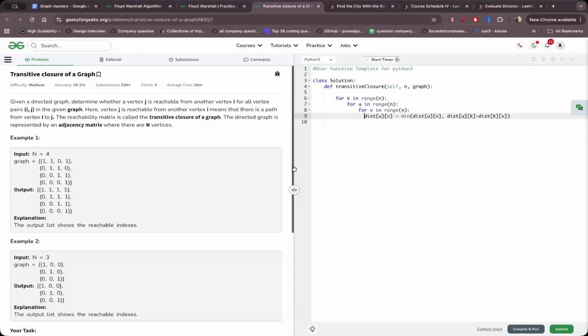So they are saying 1 means there is a way from this vertex to this vertex, and 0 means there is no way to go from this vertex to this vertex directly. That is what is given to us. So we simply need to check if there is a path. So if there is a path in the graph,